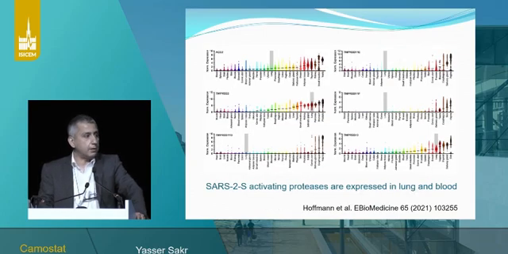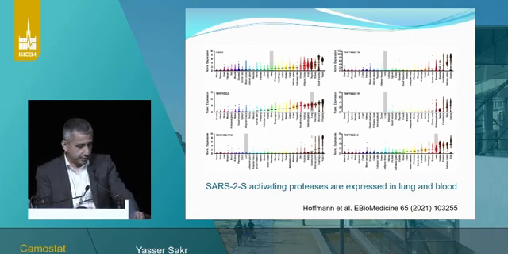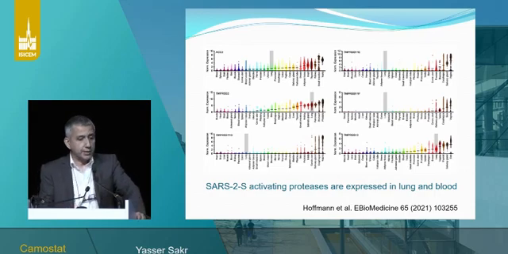a potential or possible effect of Camostat mesylate, which is an inhibitor of the TMPRSS, as a therapy in patients with COVID-19. So the TMPRSS, as I said, is a family of various receptors, including TMPRSS2, TMPRSS11D, among other receptors, which are expressed in a lot of tissues, especially the TMPRSS2 and the TMPRSS11D, as you can see here from these data, are expressed widely on the lung tissues. Here's the TMPRSS2 and here's the TMPRSS11D.